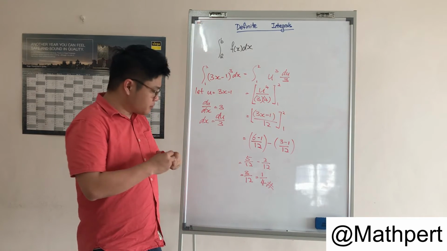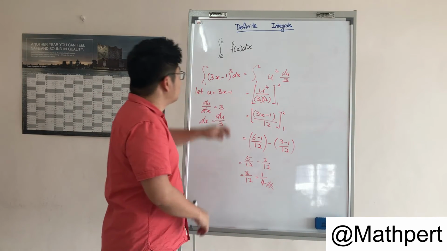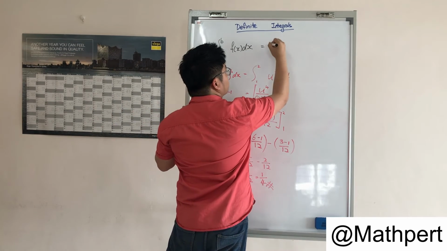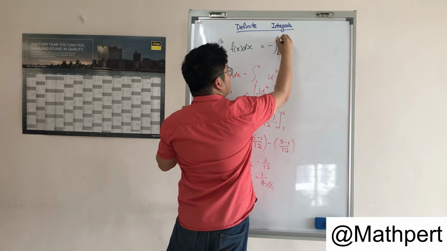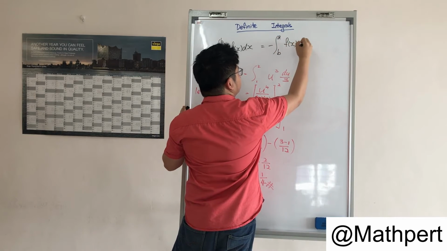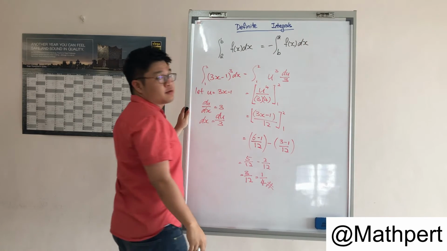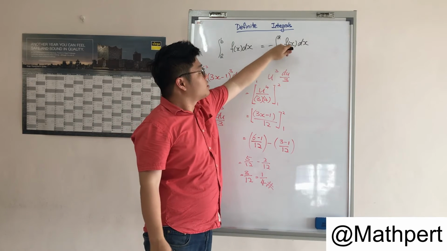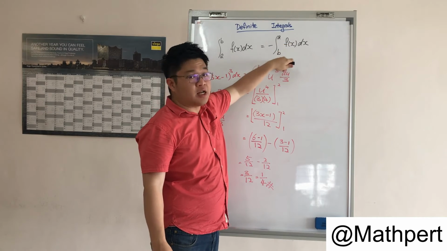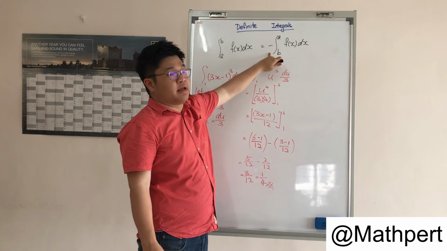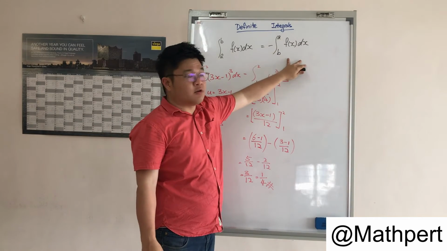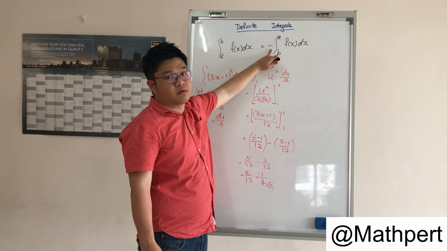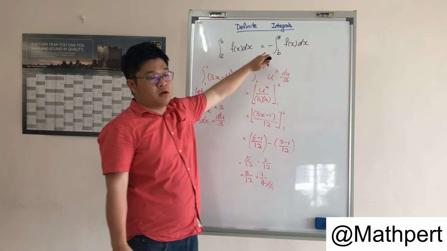And bear in mind that this integral from a to b of f(x) dx is also equal to minus the integral from b to a of f(x) dx. Notice the a and b positions are changed. They're swapped with each other but with a negative sign. The value of this and the value of this are the same, just that we provide a negative over here.